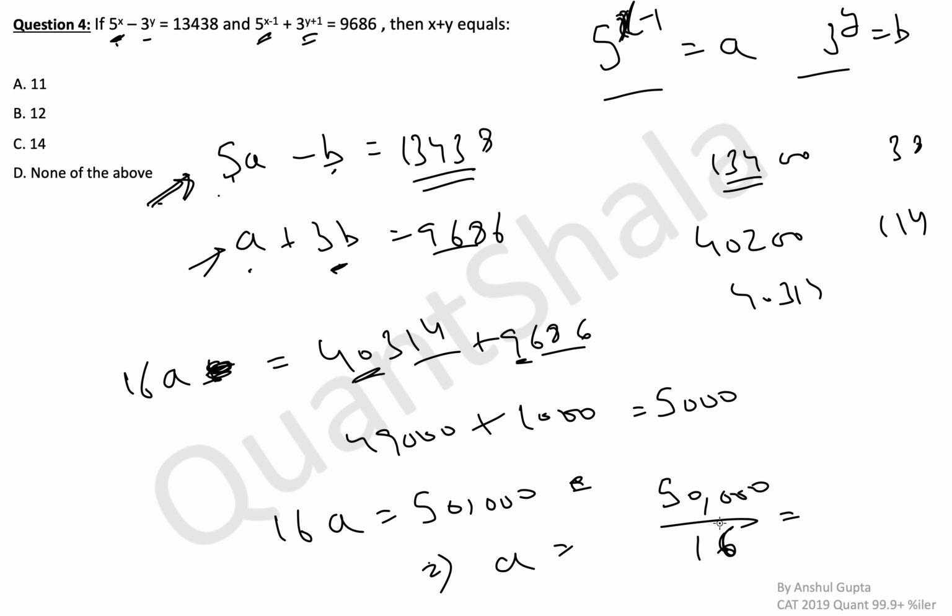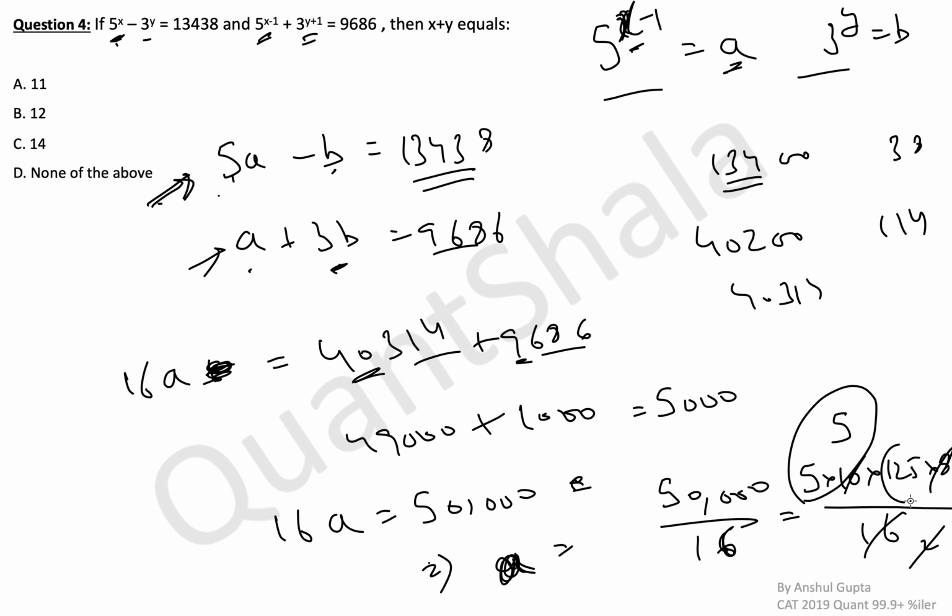You can simply try to prime factorize instead of dividing the whole thing. Because ultimately, to calculate x, we have to take the log. We have to find A in terms of power of 5. So we'll try to calculate A in terms of power of 5. So 50,000 is 50 multiplied by 1000. So you can write 5 multiplied by 10 multiplied by 125 into 8. I'm just trying to extract 16 so that the 16 gets cancelled automatically. So this 8 is here, we have 2 left here, and then we have another 5 here. So we get 25 multiplied by 125.